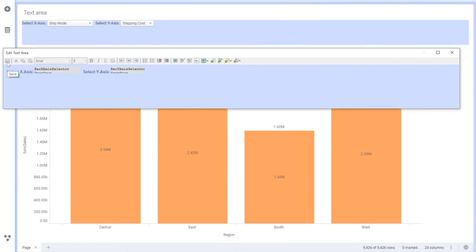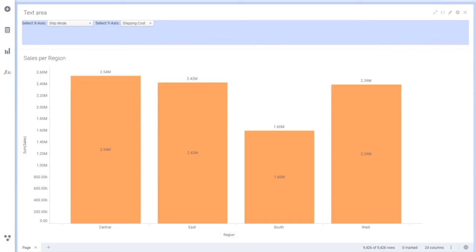Okay, so saved. Now we have saved this. Now we have 2 drop downs where users can change the x-axis and y-axis. Now let me just change it to product category or something, let's say profit. But my bar chart is not reflecting those changes because these property controls are not linked with your axis till now. So what I'll do, I'll just right click on my x-axis.